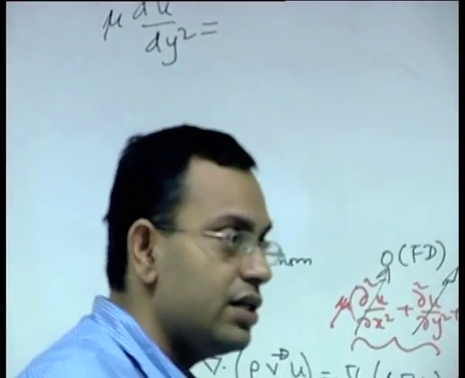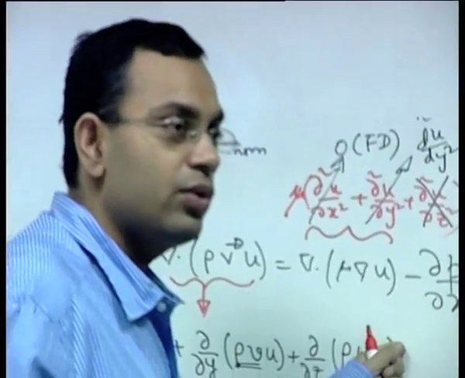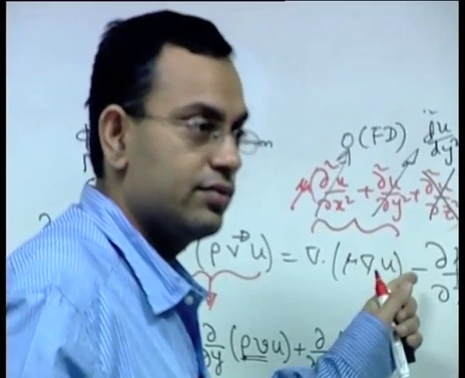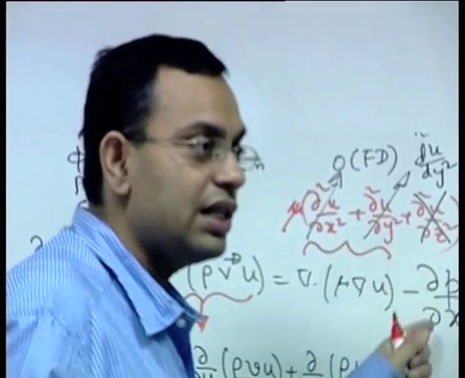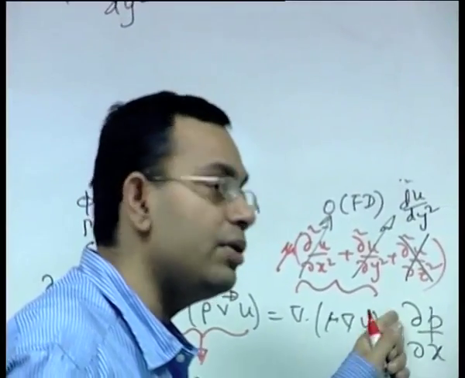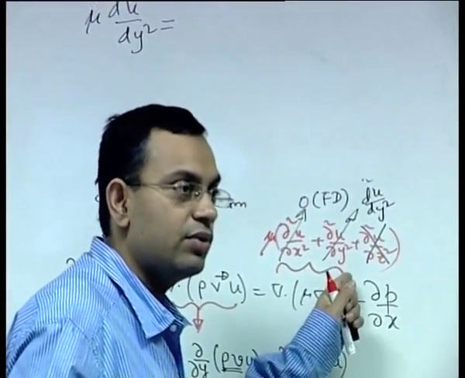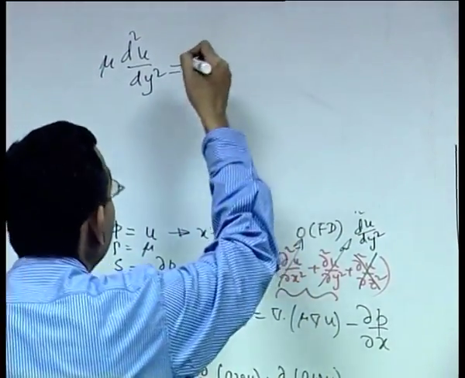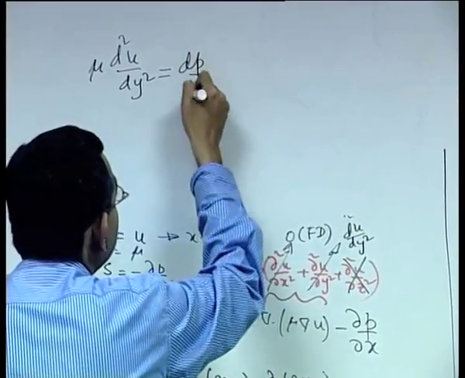Regarding the pressure gradient, we can use the y momentum equation to check that there is no pressure gradient along y. So, only pressure gradient that acts along x, so therefore this will become dp dx, instead of the partial derivative it will become the ordinary derivative. So, this is equal to dp dx.